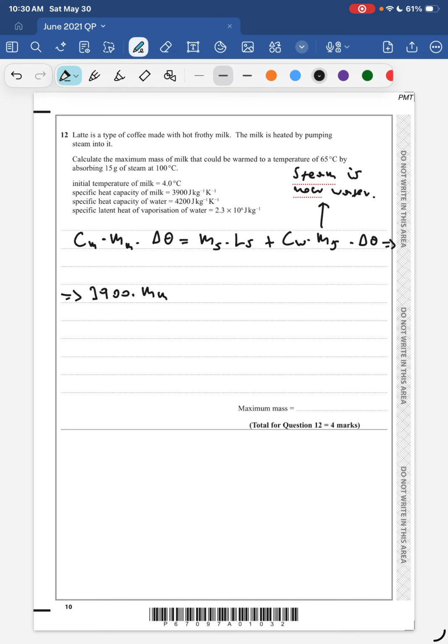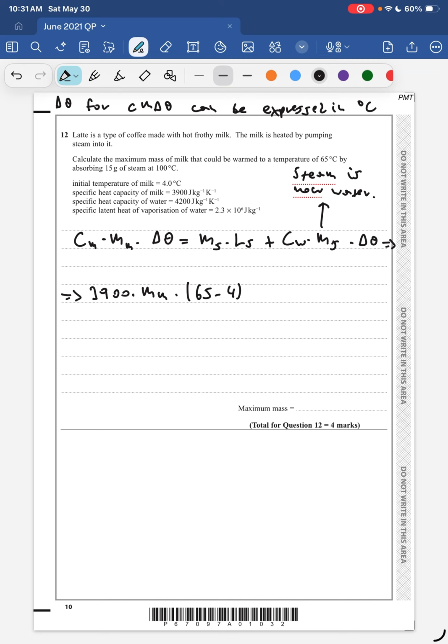This is what we are looking to find, times the temperature change, which is 65 minus 4, right? Don't forget, by the way, that delta theta for Cm delta theta can be expressed in Celsius. So what I'm trying to say is that the same temperature change in Kelvin is exactly the same